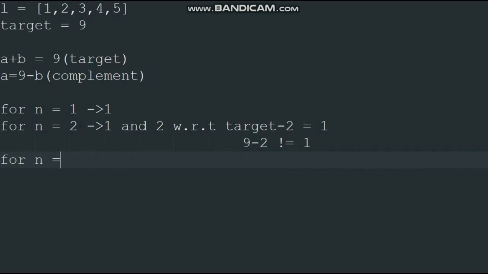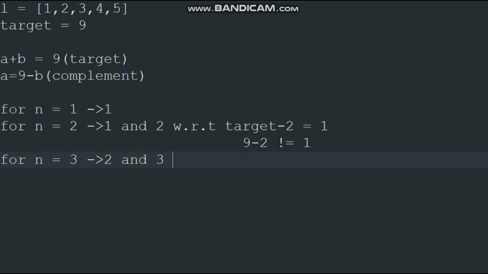For n equal to 3, there will be two elements, that is 2 and 3.